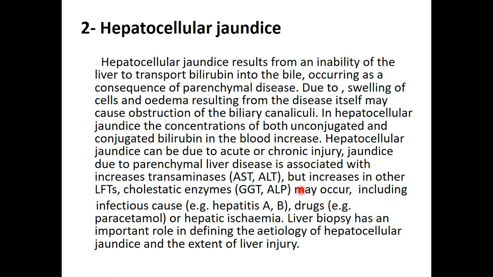The second important type of jaundice is hepatocellular jaundice. It is a common type of jaundice, and the commonest cause of hepatocellular jaundice is hepatitis. Hepatocellular jaundice results from an inability of the liver to transport bilirubin into the bile. Here both the conjugated and unconjugated bilirubin rise due to swelling of the cells and edema resulting from the disease itself, which may cause obstruction of the biliary canaliculi. Therefore we see an element of obstructive and an element of hemolytic. So direct and indirect bilirubin are both elevated, along with elevated